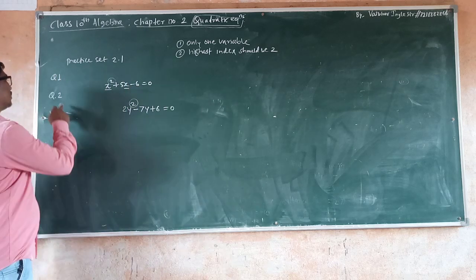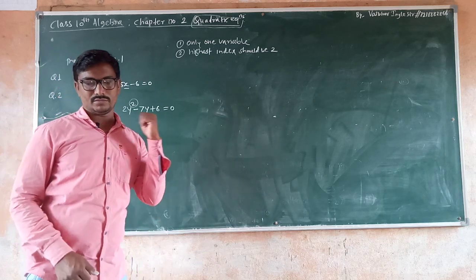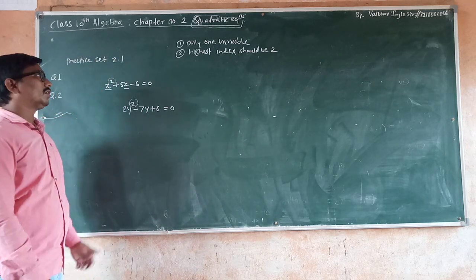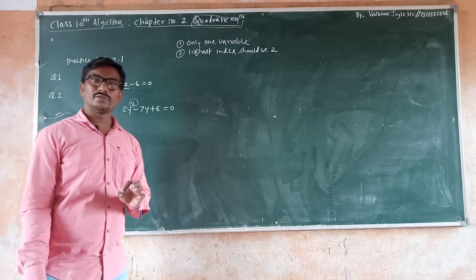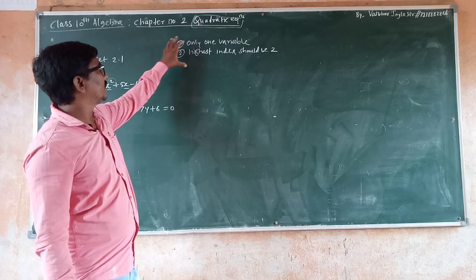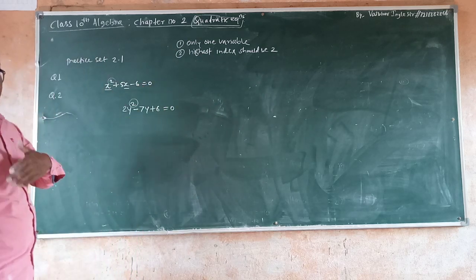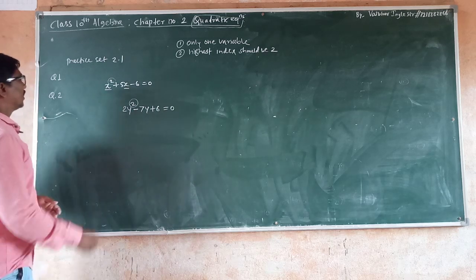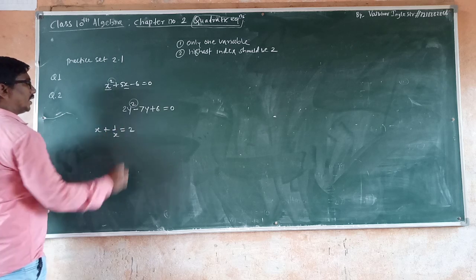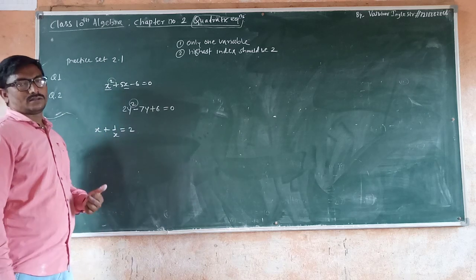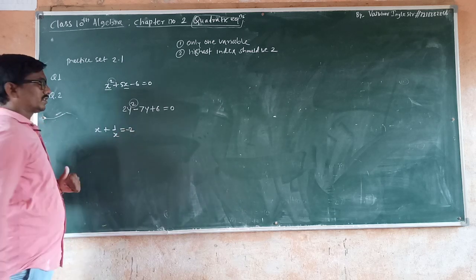Okay. Now question number 2 is decide whether the given equations are quadratic equations or not. If the given equation is a quadratic equation, then you have to check for these two conditions only. There are many questions in the practice set. Like one question is x plus 1 by x equals to 2, and you have to choose whether this is the quadratic equation or not. So say minus 2 is given there.